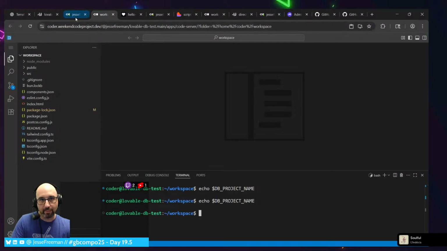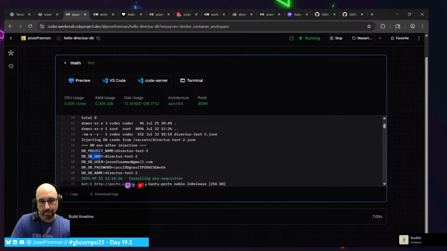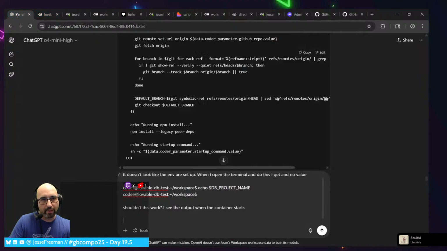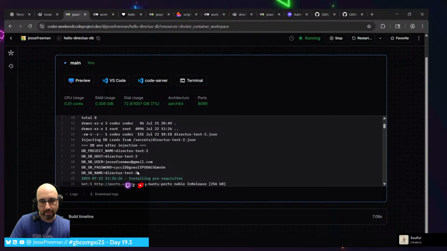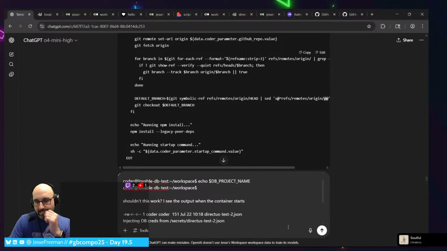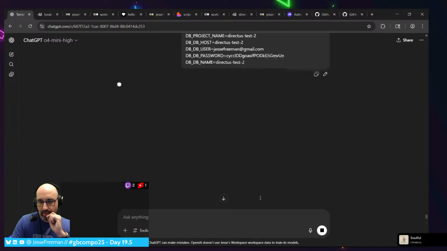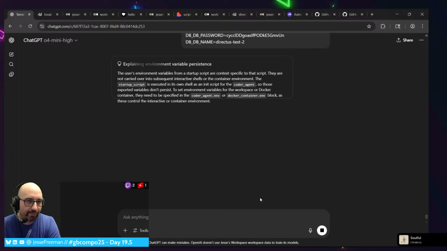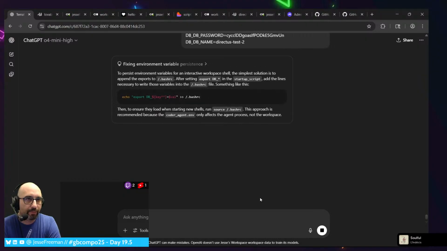Yeah, DB project name. DB user. Same thing. All right. I wonder what's going on here. This is so out of my wheelhouse, the amount of stuff I've had to learn for Docker, Terraform, and not just the basic stuff, but all this dev environment stuff.